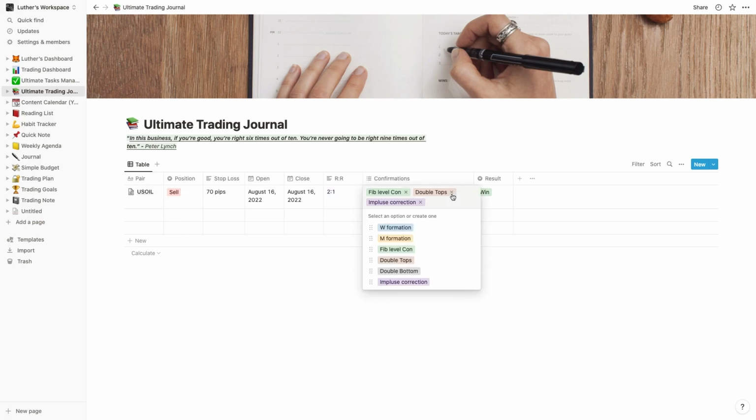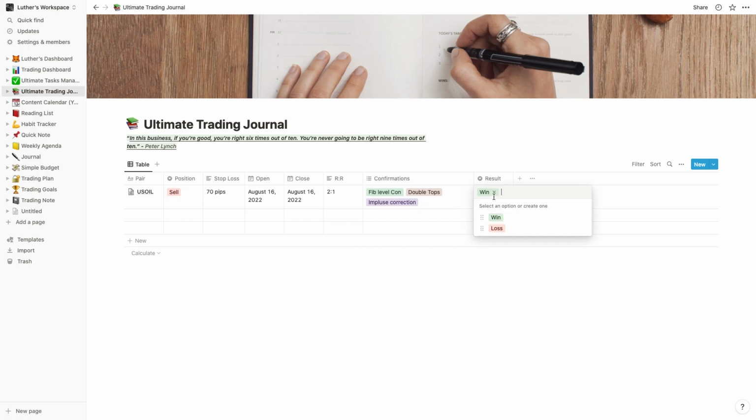I have a couple of confirmations here, but this one is going to vary based on how you trade. I also have a result where you choose whether the trade was a win or a loss. So I'm going to show you how to create this template,